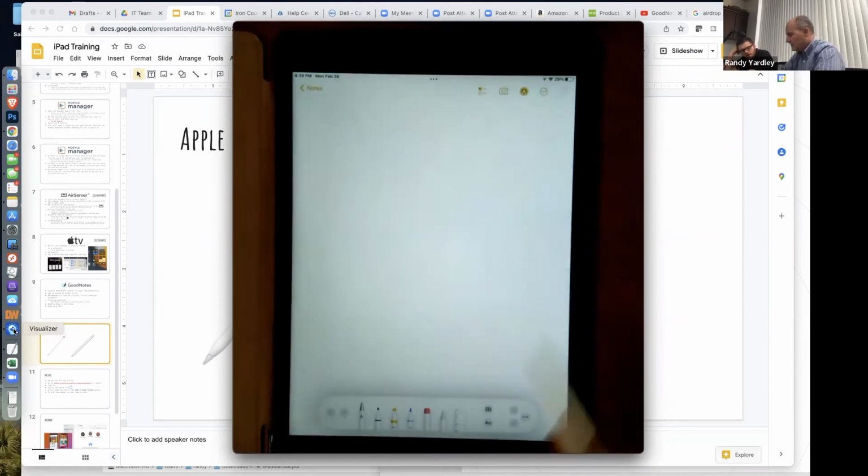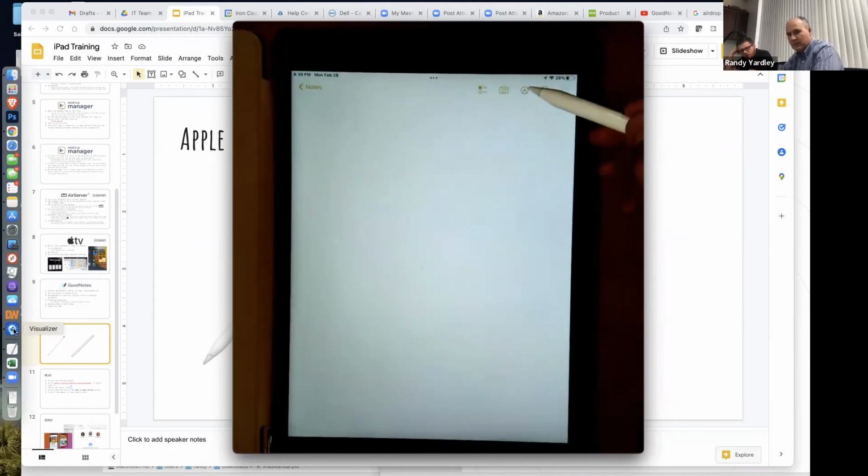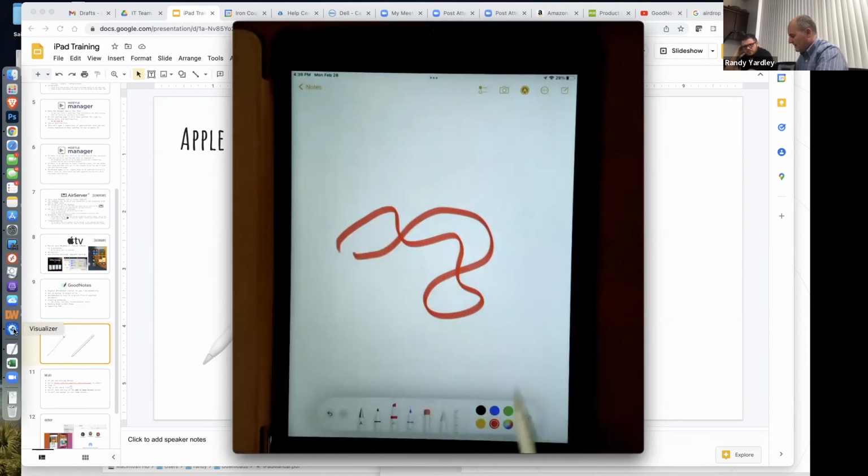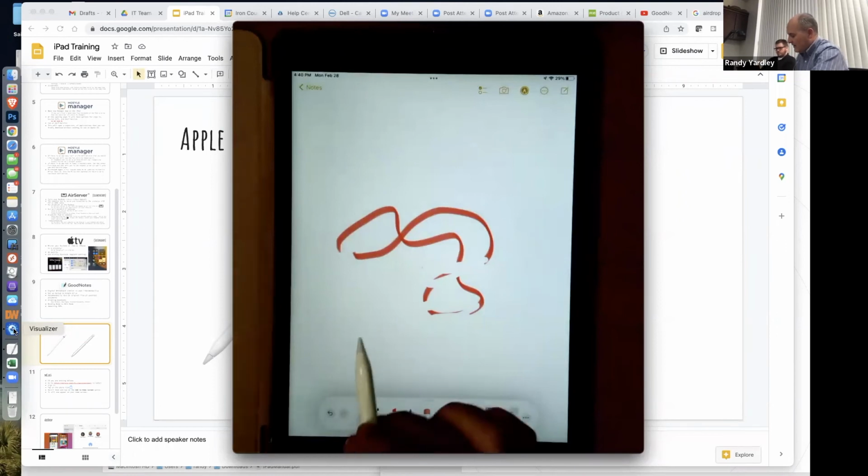Notice these tools. This is the tool toggle button right here. I can say tools, so I can get a marker, do this, and then I can erase like this. And there's much more to it than that. Let's say I want to write some letters. Right here is a special pen. I go right here, and then I can write my